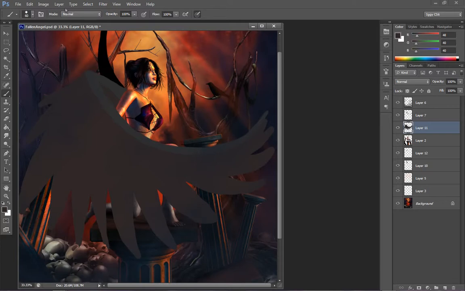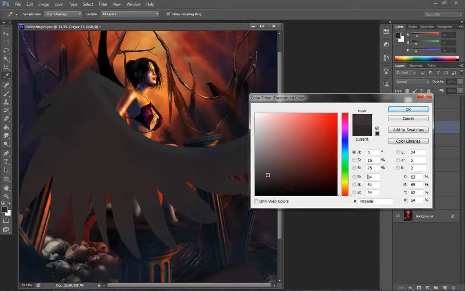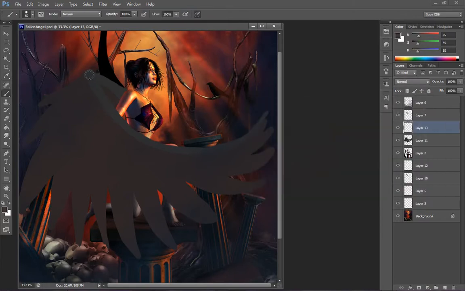What I'm going to do is make another layer. And this time I'm going to pick a little bit of a lighter gray just so that I can once again differentiate. How I do this might take me a couple minutes to get a feel for it. And like I said, basically what you're going to be doing is establishing multiple layers of these wings, or these